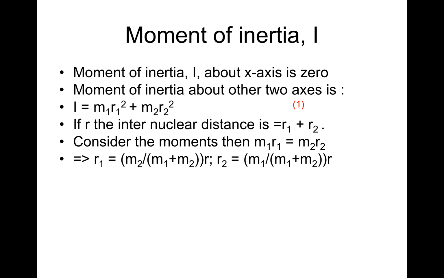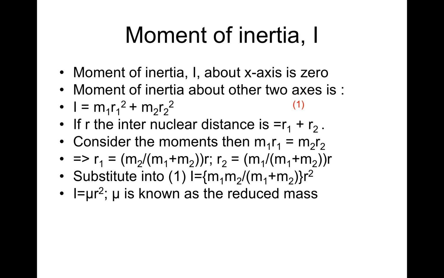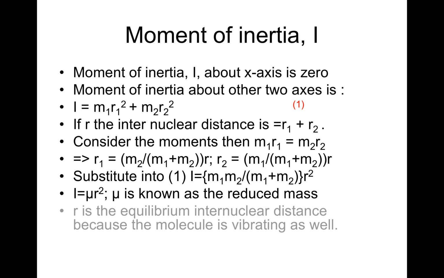Those are the r1 and r2, which are the distances from m1 and m2 to the center of mass. Let's substitute this into equation 1, and we will get I equals m1 m2 over, open bracket, m1 plus m2, close bracket, times r squared. We can shorten this as I equals mu r squared, where mu is known as the reduced mass. r is the equilibrium internuclear distance because